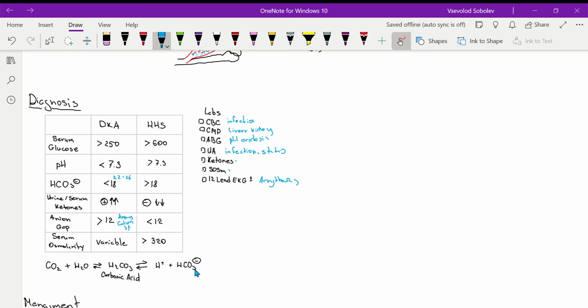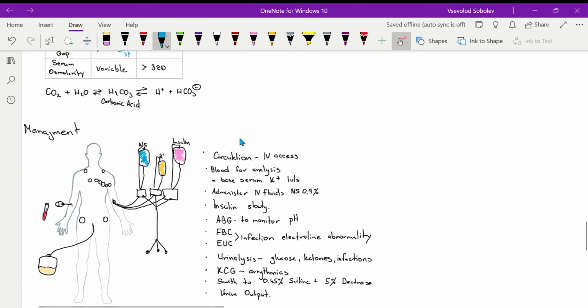We have too many hydrogens, a decent amount from 22 to 26 units of bicarbonate, and hydrogens and bicarbonate combine and become carbonic acid. Carbonic acid is further converted into water and carbon dioxide. Water is peed out, carbon dioxide is breathed out. So this is some of the things we would use to diagnose